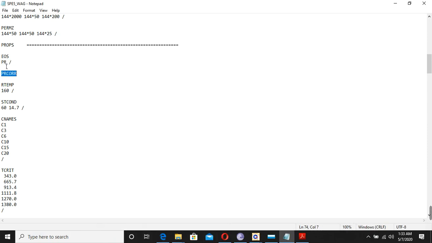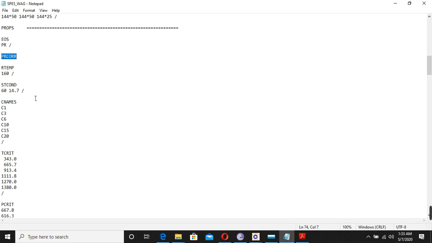This is the equation of state. There are very new equations of state that are used for asphaltene and so on, but this is 2019. In 2020 definitely there are more equations of state that are used for many other reasons, for example condensates, asphaltene, and wax, so they have different equations of state developed.